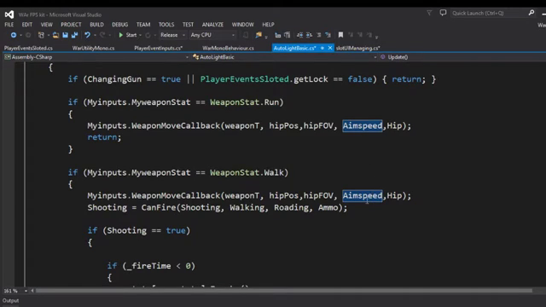And the only reason I didn't do it is because it looks pretty good using one single variable, and that'll save on memory. But if you find that you want really, really fast speed when you're zooming in, but when he zooms out, you want a different speed, all you gotta do is